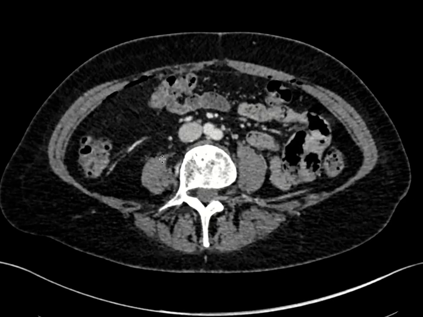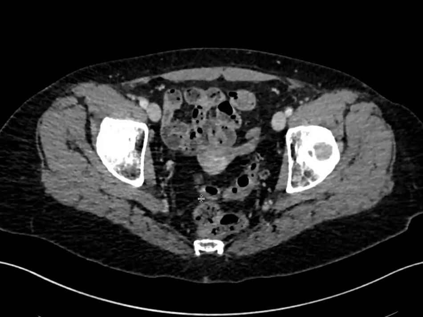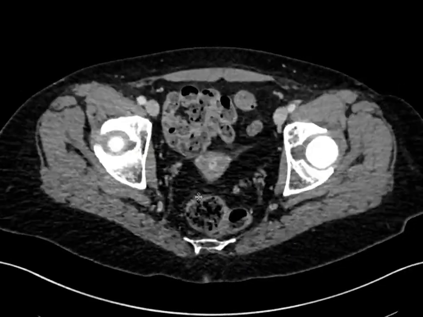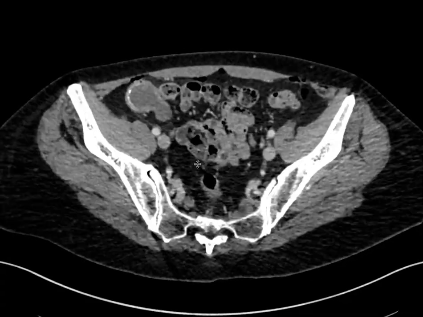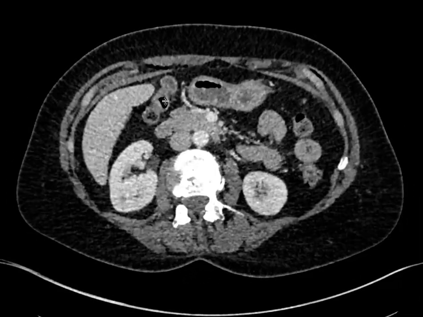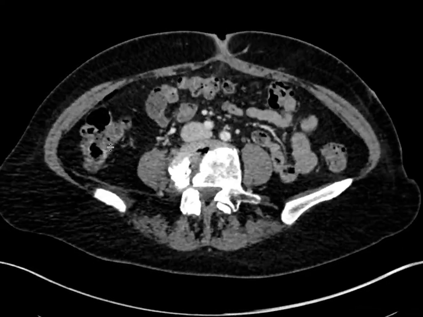Here is a CT of the abdomen and pelvis that was performed in a patient who had had an oophorectomy for a right ovarian lesion, and they had incidentally noted a tubular dilated structure, and so they did a CT to further evaluate this. Now, if we look at the right colon here and we come down, we're going to